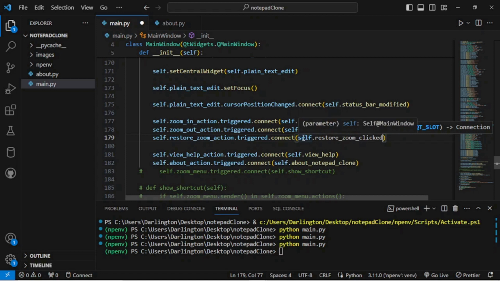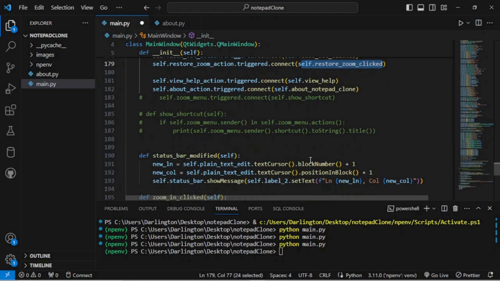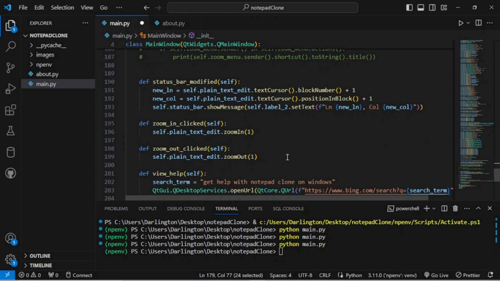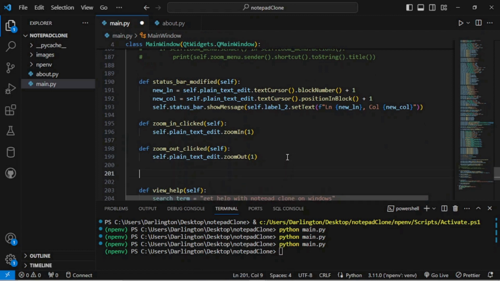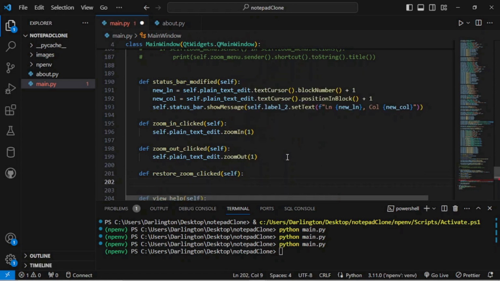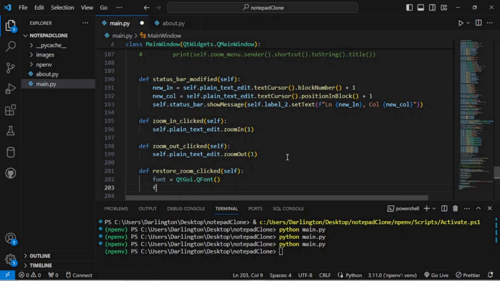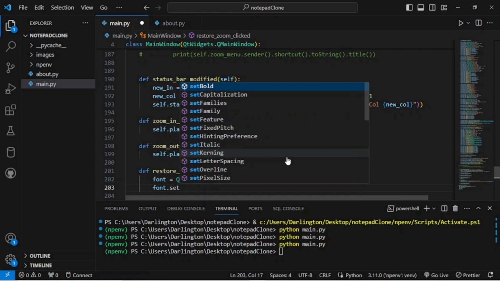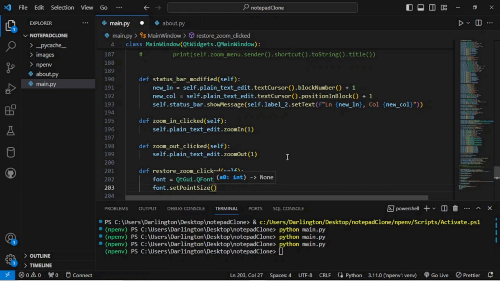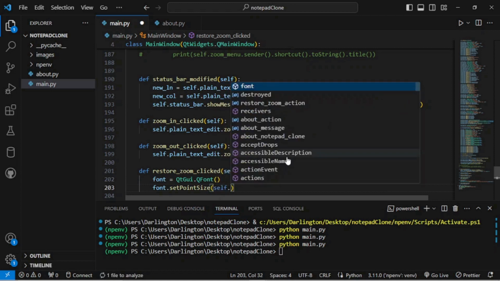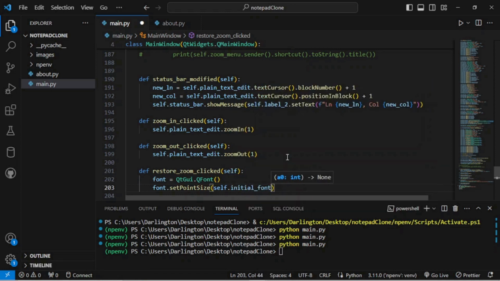so what we'll do now is create this method. So we'll come here and say def restore zoom clicked, and we'll say self, and then we'll come down here and say font is equal to QtGui.QFont, and we'll say font dot set point size, and we'll say self dot initial font. Okay,